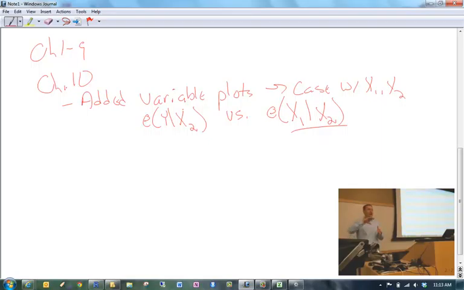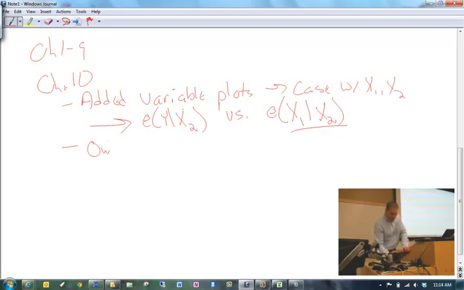If you see a linear pattern in this plot, that says you have a linear relationship. So after you adjust out X2, you have a linear relationship left over. If you have a curve, like a quadratic pattern, then you have a quadratic relationship, and so on. So make sure you can construct these plots on your own. Remember we have the AV plots function, but also make sure that you can actually describe how to do one of these plots and why we are actually plotting these elements there.